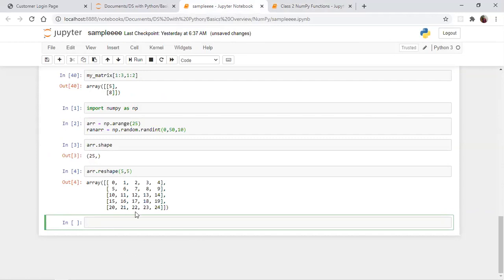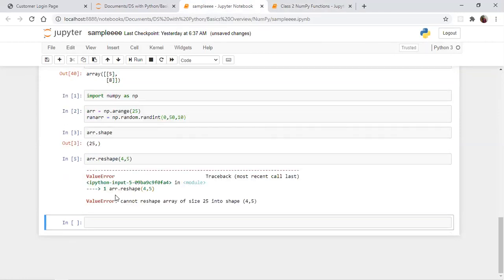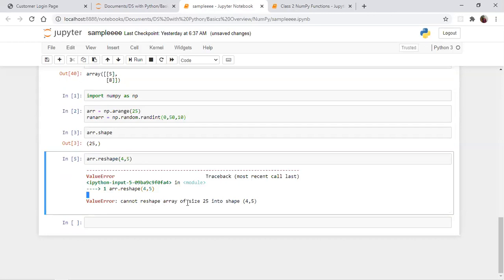In total you have 25 elements, 0 to 24, so you are giving 5 comma 5. In case you give 4 comma 5, you will get the value error: cannot reshape array of size 25 into shape 4 comma 5. Because with 4 rows and 5 columns, it will take only 20 values.